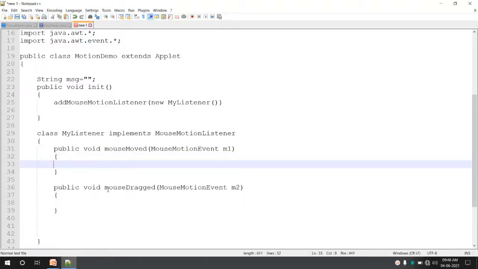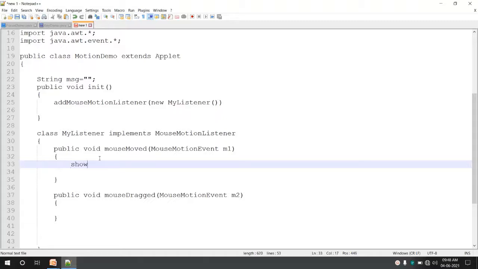Now we will include some code. First I'll include code in mouseMoved. Whenever I move my mouse on the applet screen, it should display the location of that particular moment, where exactly the mouse is located on the applet screen. For that, we will simply use the showStatus method, and in that I'll say "mouse moving".